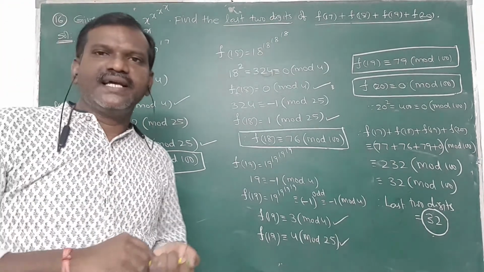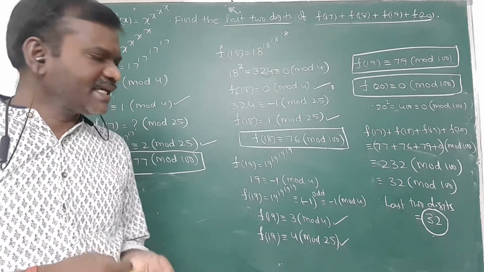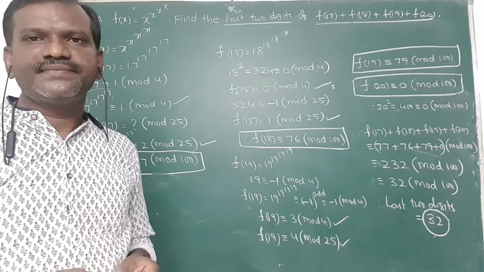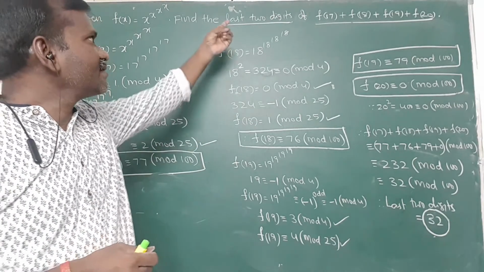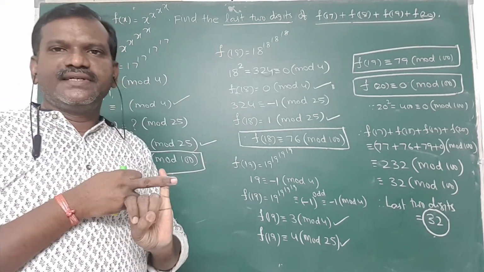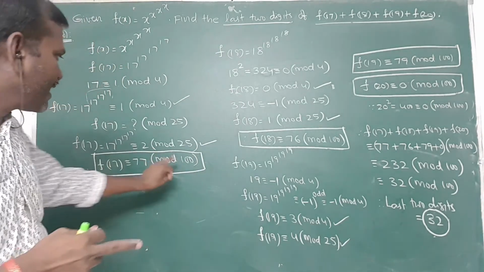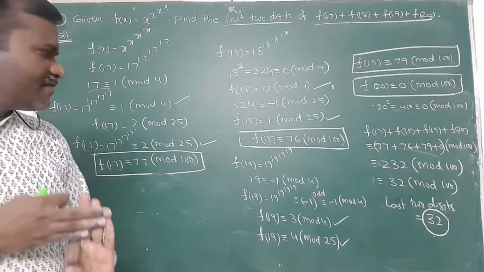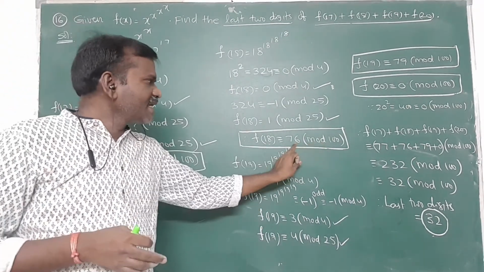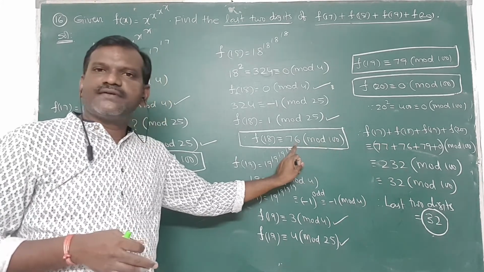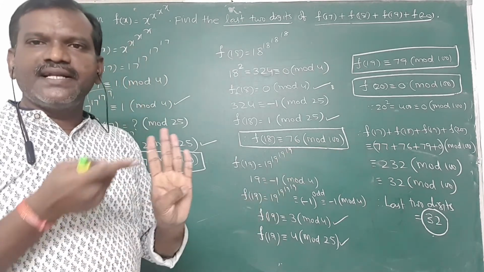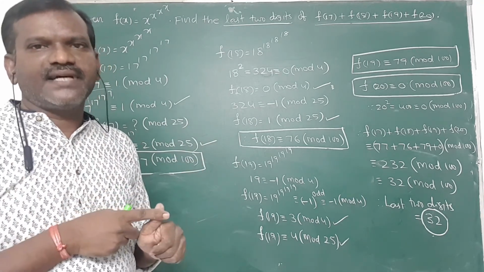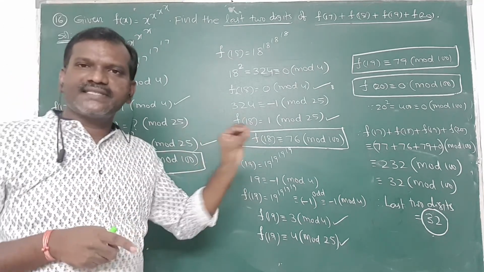That is the question. Here so many concepts are involved. That's why I want to remind you of all the concepts. First, the last two digits concept is involved. Then the mod 100 concept, that means dividing by 4 and 25. Third, the remainder always lies between 0 and 99 only. Then Euler's theorem application. Then finding the inverse I also used here. So these 5 concepts are used here.